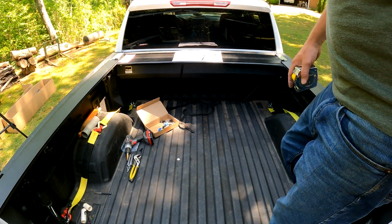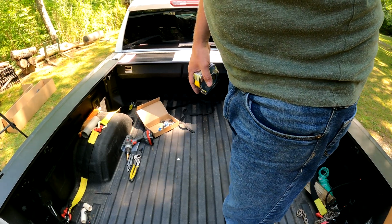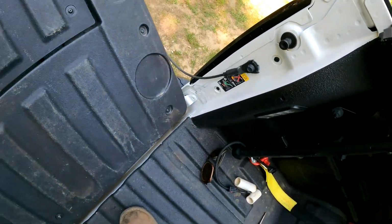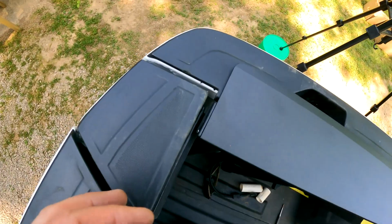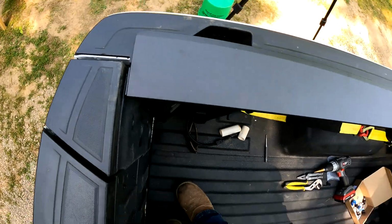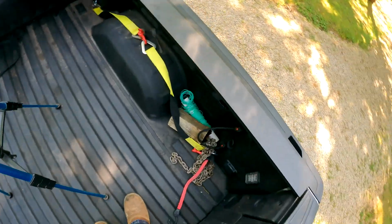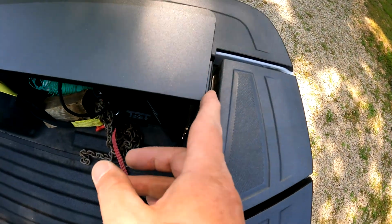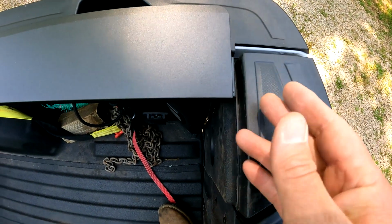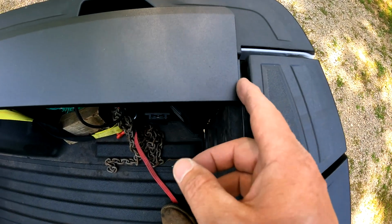It also wants you to check your tailgate measurement. So if you close your tailgate, you need to make sure that you've got just a tiny gap here. I think it's calling in the instructions for about a 1/16, but I got a little bit more than that. That way if you slam it, it's got a little play, it doesn't strike